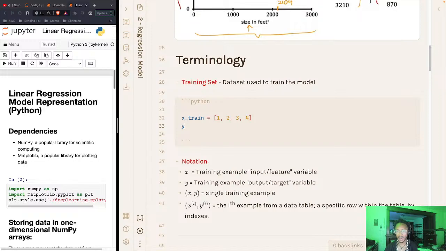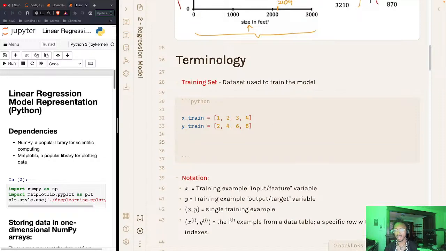And then we would have Y training data, and that would be like, let's just say 2, 4, 6, and 8. And then we would basically take this X train, and we take this Y train,